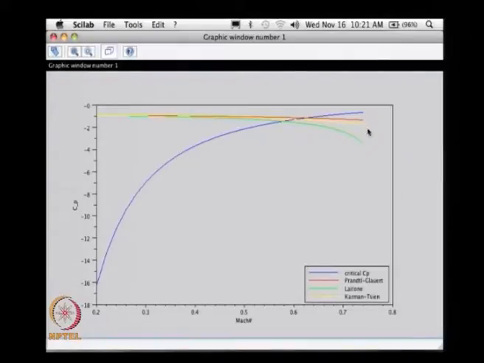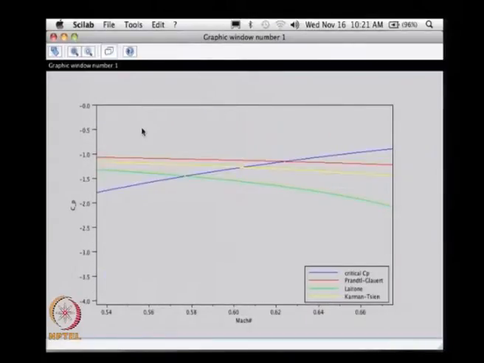The yellow line is using the corrections of Karman-Tsien, and the green is using that of Lighthill. Now if I zoom into this area, say,